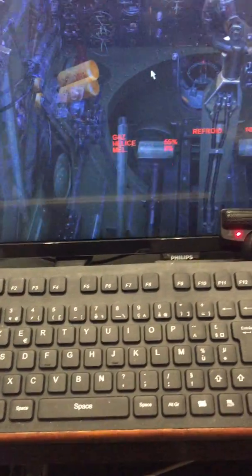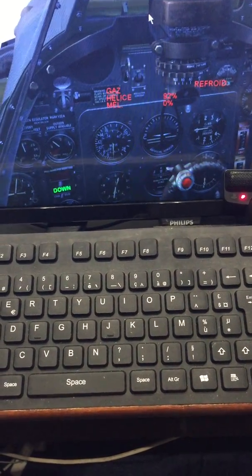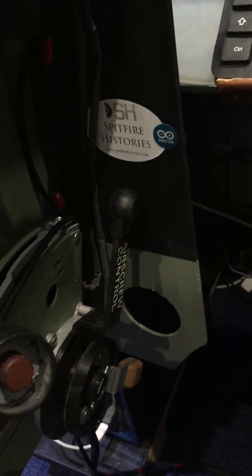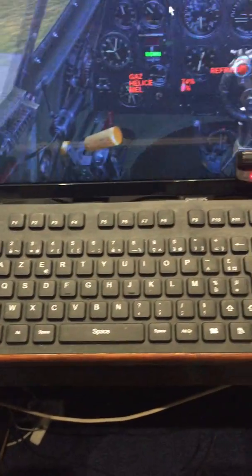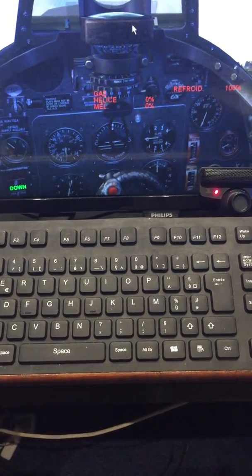The propeller pitch lever, which is here, I'll push it forward and we can see on the screen that the prop pitch is going up. So here we're at 100% and the lever is fully forward. So I'll bring it back to about halfway and we're at 70, 50, back to 0 here. Okay,